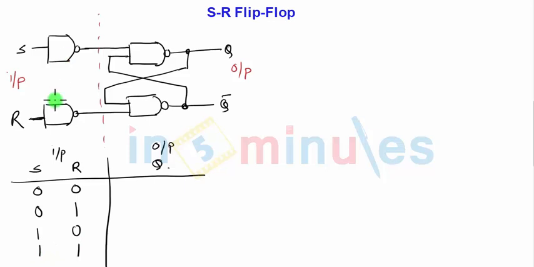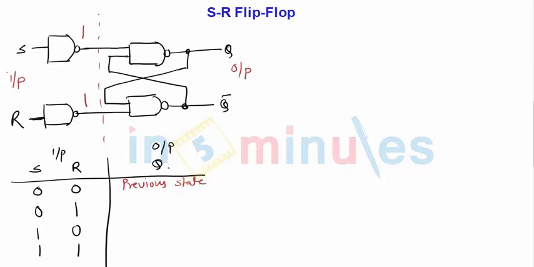When S is equal to 0 and R is equal to 0, both of the outputs will become 1 1, since S and R are 0 0. So both of the inputs are 1, the output of the NAND gates cannot be predicted, so they will behave as the 1-bit memory cell. Means whatever the value is stored in Q, that will be shown. It will behave same as that of memory cell. So we can call output as previous state. What is the previous value stored, that will be seen. So previous state or previous value.